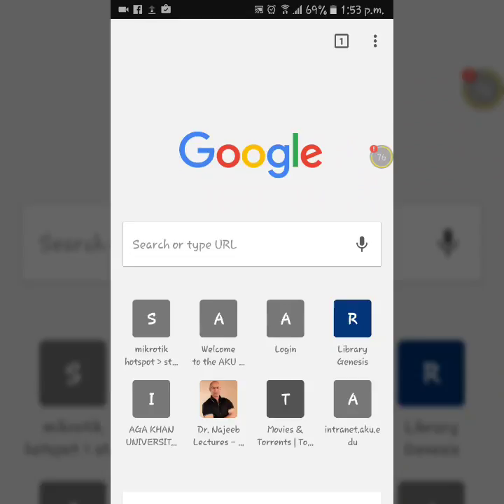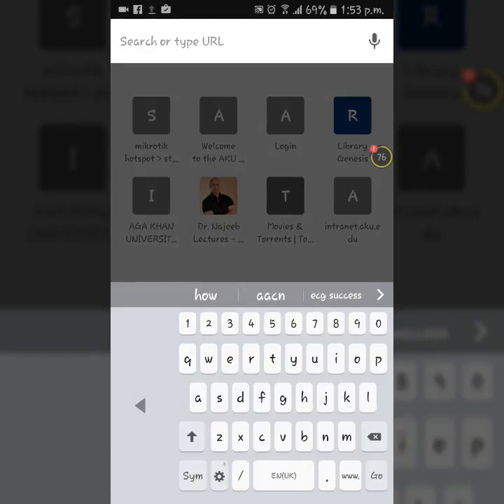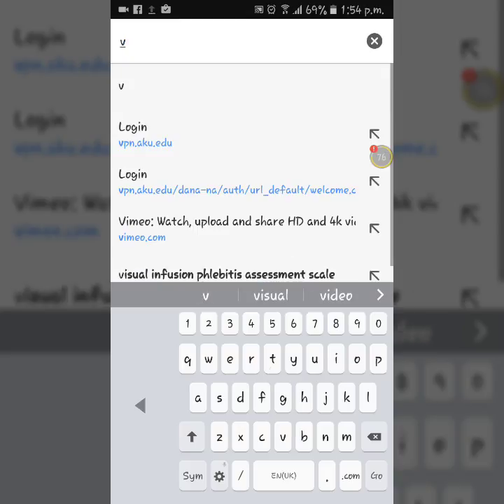Hi friends, today I will tell you how to retrieve an article from the official website of my hospital, that is AKUH, the Aga Khan University Hospital, Karachi. Here we go. This is the web address of our institute,